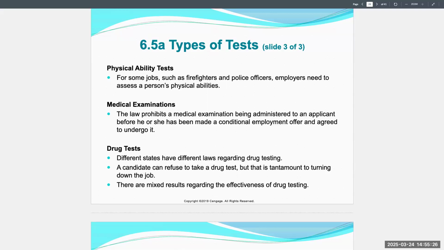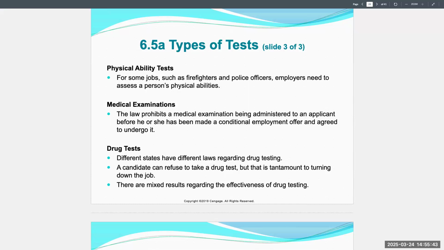Medical examinations are sensitive and must comply with the laws of the Americans with Disabilities Act. And these evaluations can be administered after a conditional job offer has been extended. So the goal is not to discriminate, but to ensure that the candidate can safely perform the job or determine